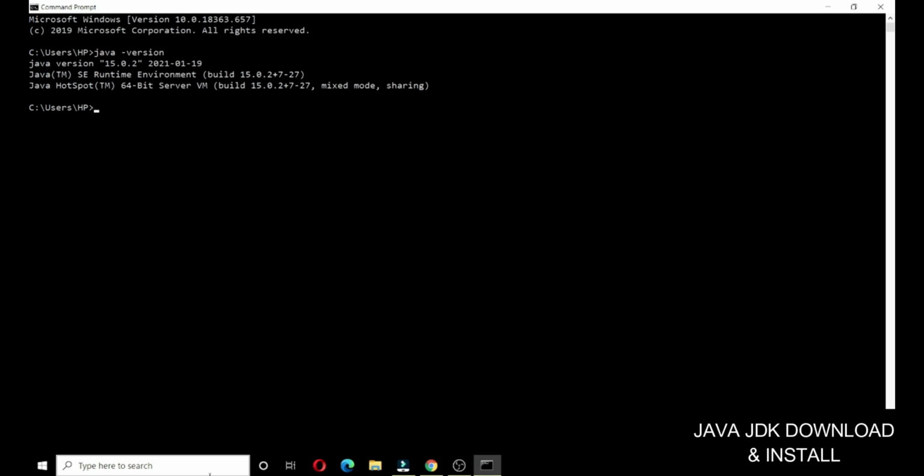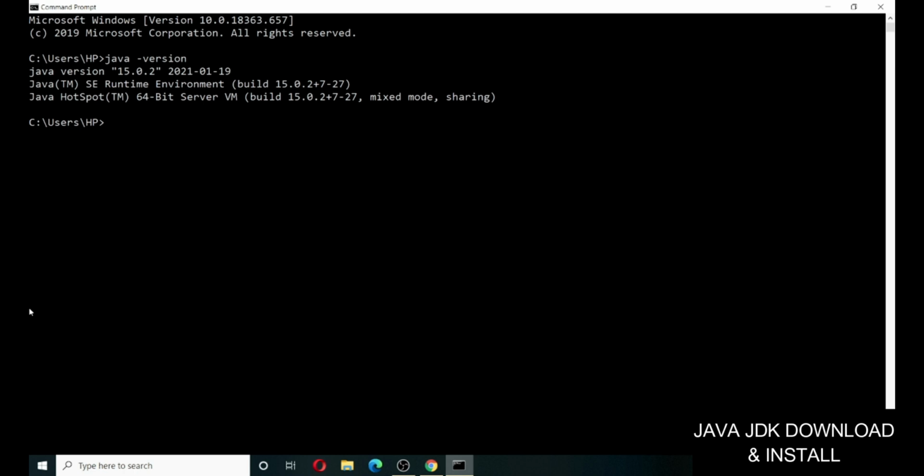Now we are going to check another command, that is the javac command. For that we need to give javac space hyphen version. Here you can see the version of the javac command.